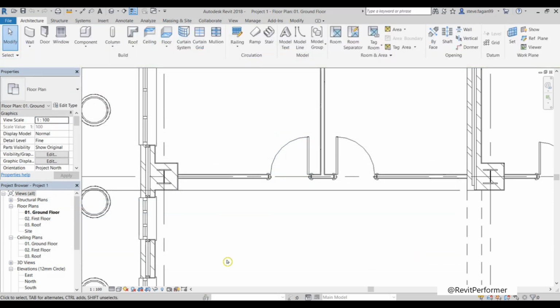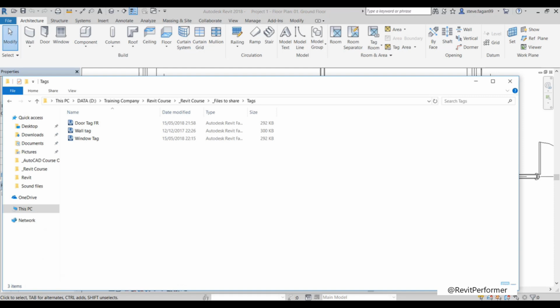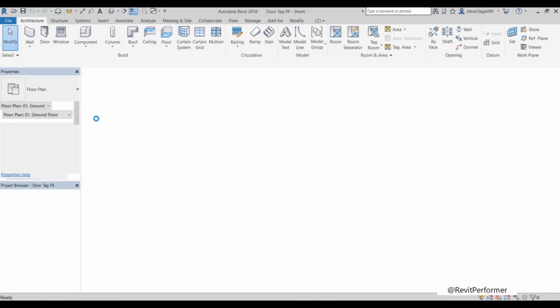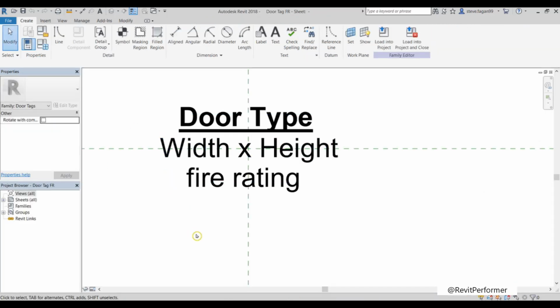So to access the tags that I have made, at this point you should have downloaded the files like the PDFs and so on. So in there is a folder. The folder's name is tags, and we have 3 different tags within the folder. First tag we're going to look at is the door tag FR. So what you need to do is double click on the door tag, and that will bring you into the